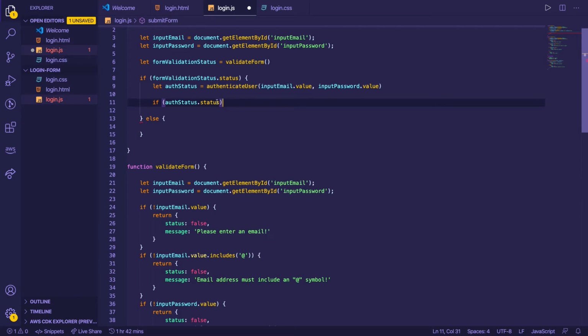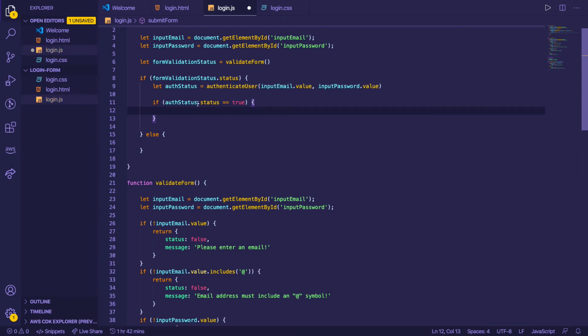If it returns true, and I'll be extra clear, if we're looking for something that will evaluate to true or false, I don't have to say if it is equal to true. I can just say if auth status dot status, but I'm going to throw in the true just to be extra clear. If it comes back as true, then we're going to alert